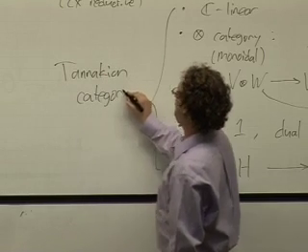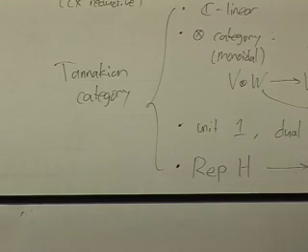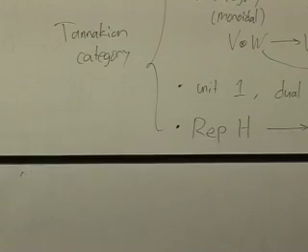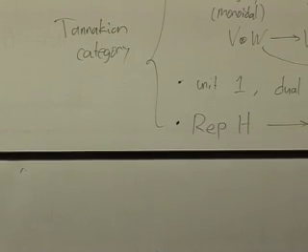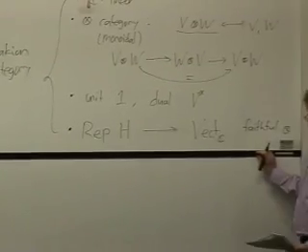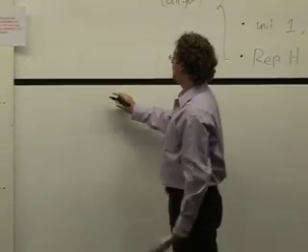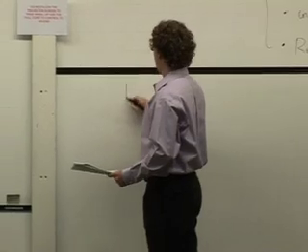So a Tannakian category is something that looks like this. It's a linear category with tensor product, which is symmetric and has a faithful functor to vector spaces. And so the beautiful Tannakian reconstruction theorem